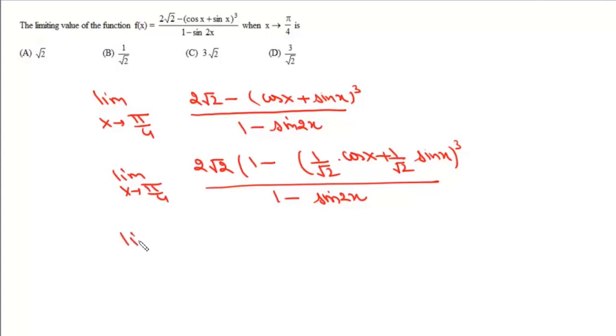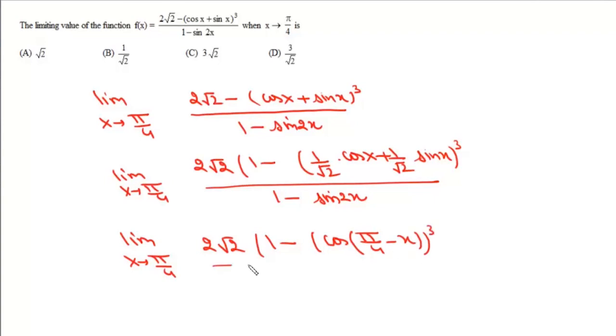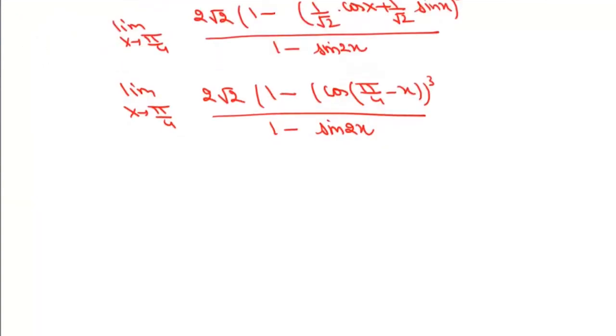So we can write this as limit x tends to pi by 4, 2 root 2 into (1 minus cos(pi by 4 minus x)) whole cube upon 1 minus sin 2x. Now what we'll do is, we'll let x as pi by 4 minus h. So it will be this limit